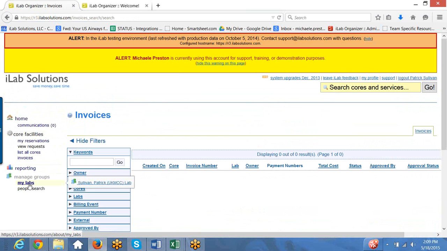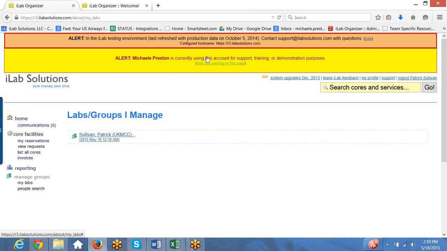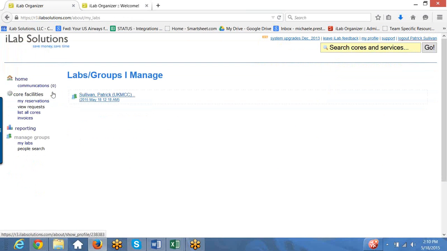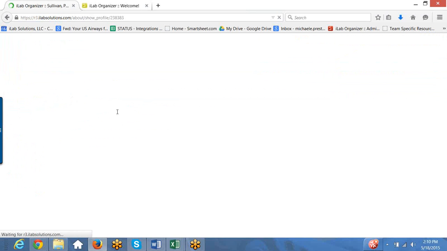I'm going to skip down to what I think is probably the most beneficial section, and that's My Labs. If you click this link, you will be given a list of all the labs that you manage within iLab. Patrick Sullivan only has this one. We're going to open it up and take a closer look at what you can do from inside the lab